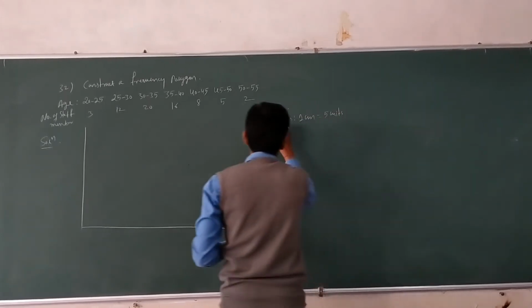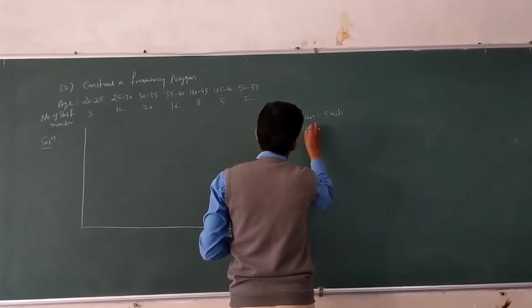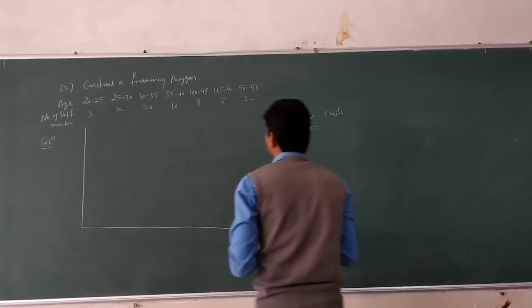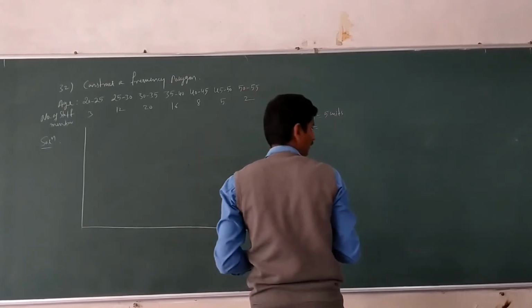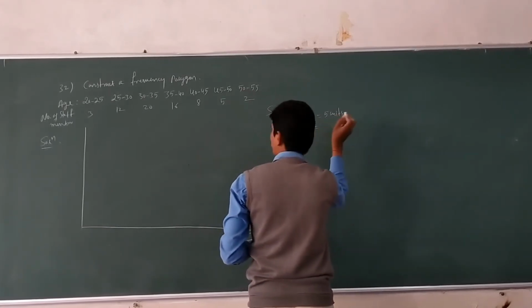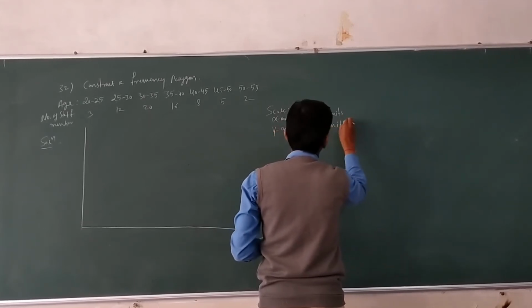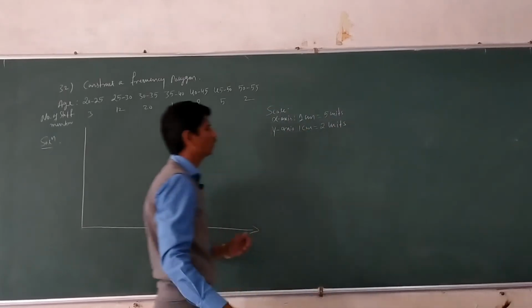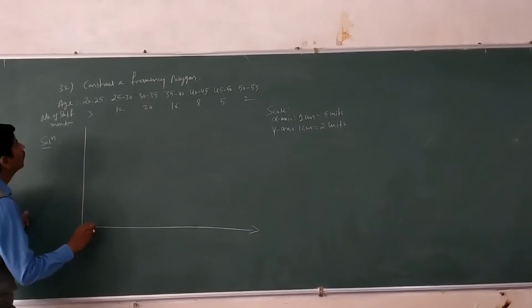The next, y-axis: 1 centimeter equals, here the lowest is 2 and the highest is 16. So for 20 you have to take 5, otherwise 2 units. Y-axis, 1 centimeter equals 2 units. Here, you have to start at 20,